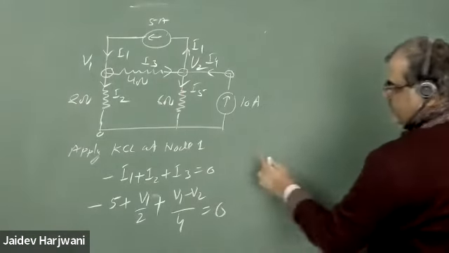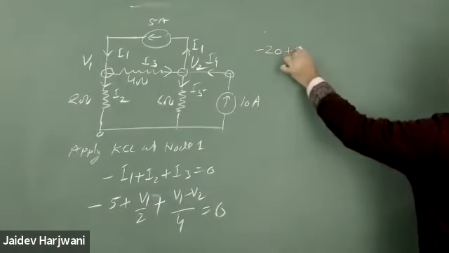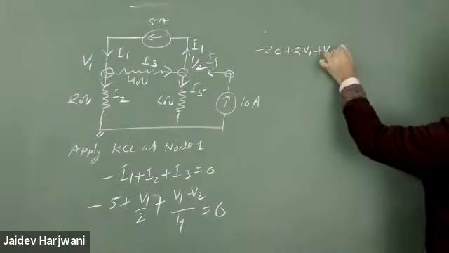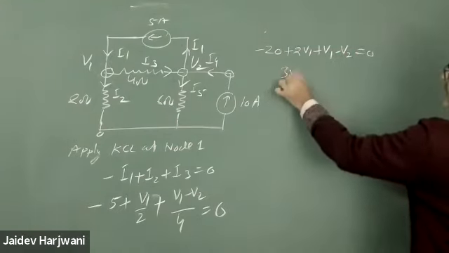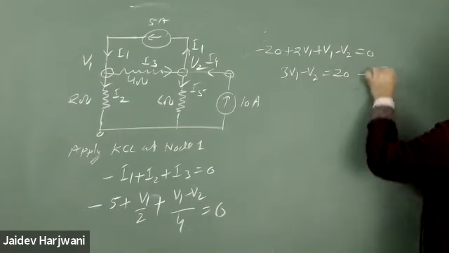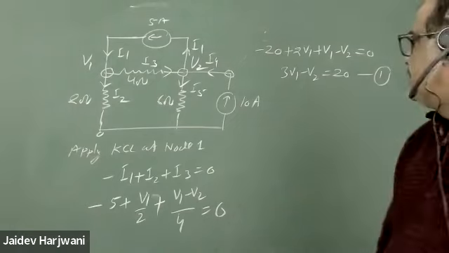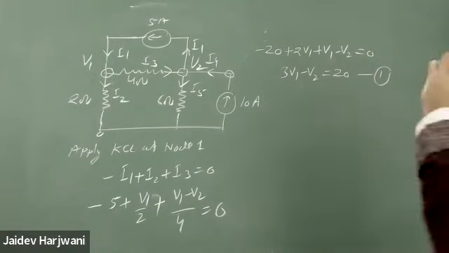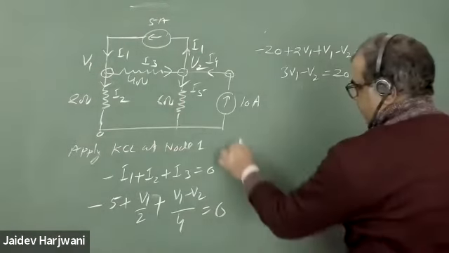Okay, so if we solve this equation, this will give me minus 20 plus 2v1 plus v1 minus v2 equals to 0. Okay, so this equation was 3v1 minus v2 equals to 20. This is my equation 1. What equation you are getting? Is it correct? Yes. Okay, now write for